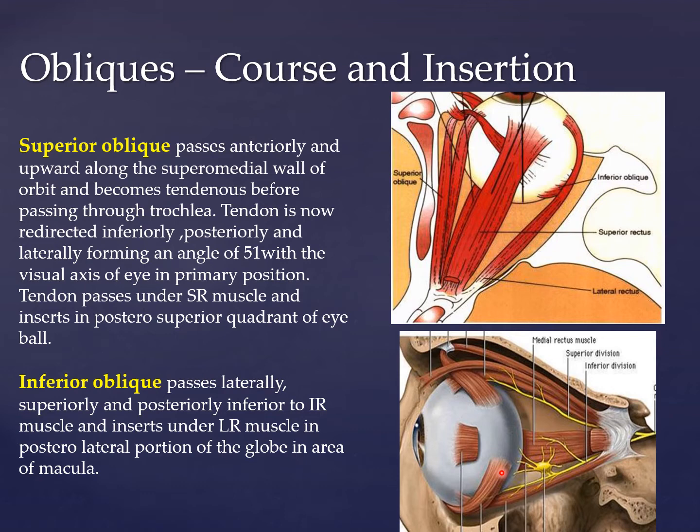Inferior oblique is already originating from the anterior part of the orbit and it passes obliquely towards the posterior side, while superior oblique, although initially originates from the posterior side of the orbit, as it crosses through the trochlea, it has changed its direction of pull. So the direction of pull of obliques is from anterior to posterior, while the recti have their direction of pull from posterior to anterior.